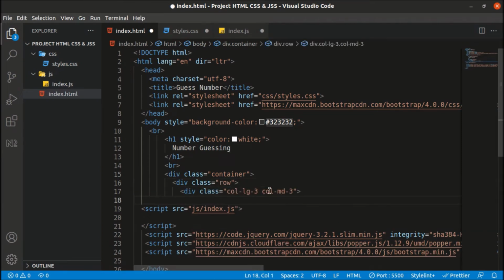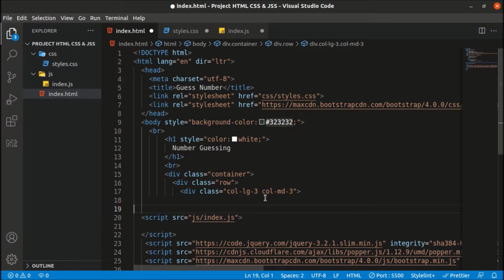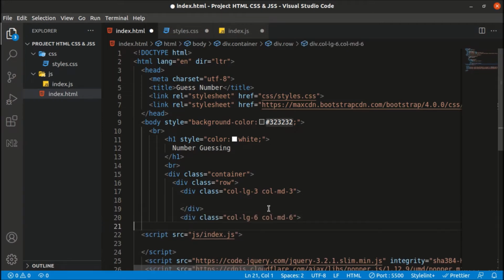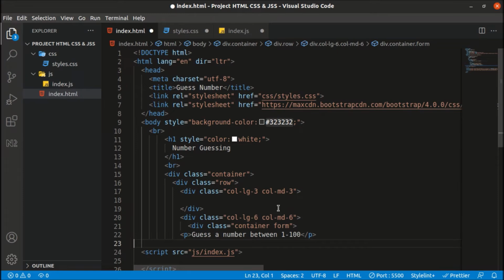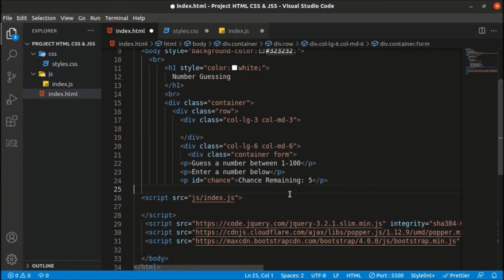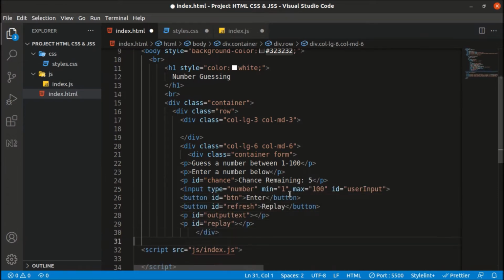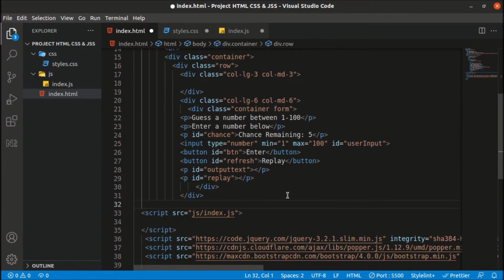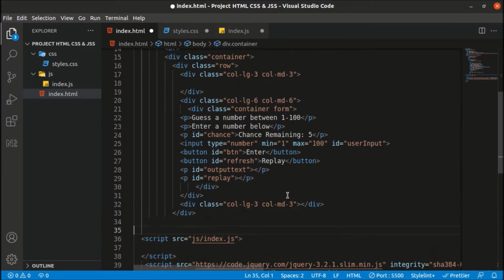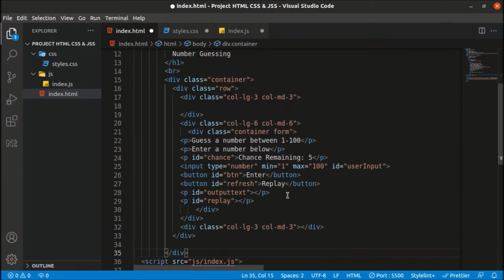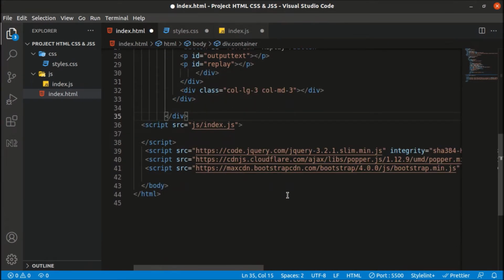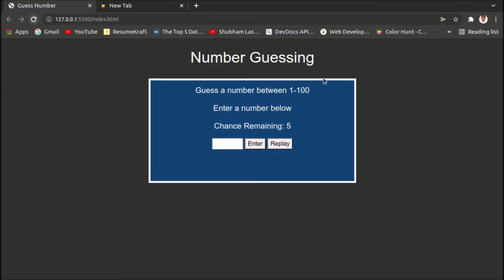After that, I am dividing the row in 4 sections. So this is the first section, this is second section, and let me put the entire code and then I will explain it to you. So I am putting all the code of the HTML5 file here so that I can explain it to you. So the div tag is completed. Let's refresh it and the form is created.